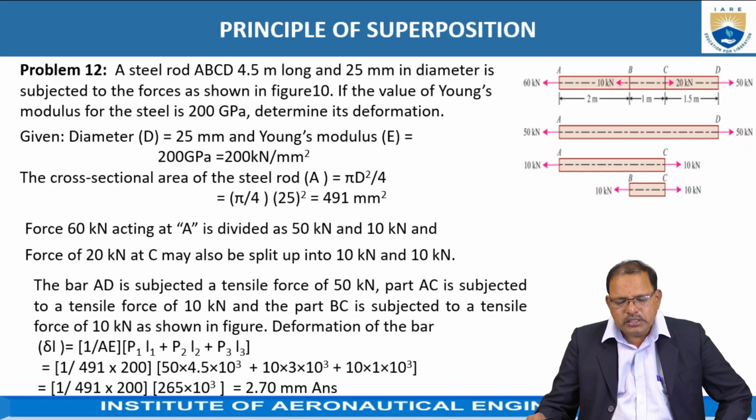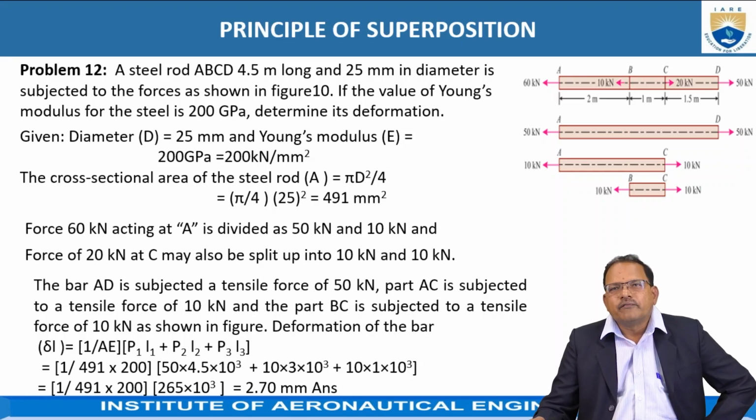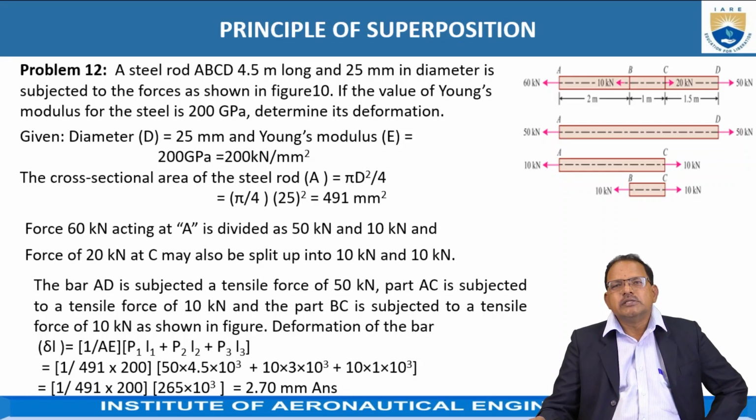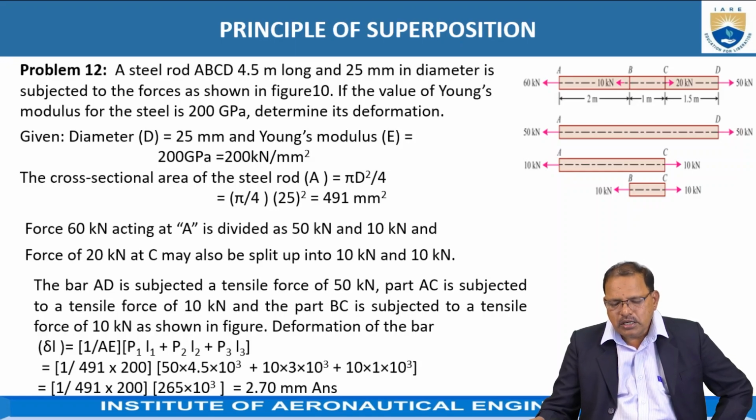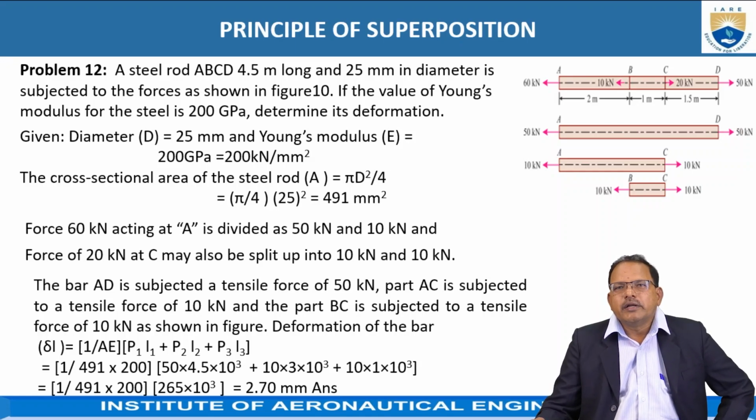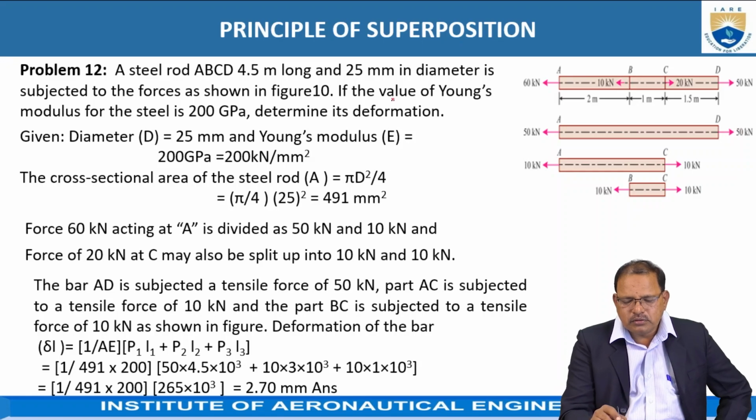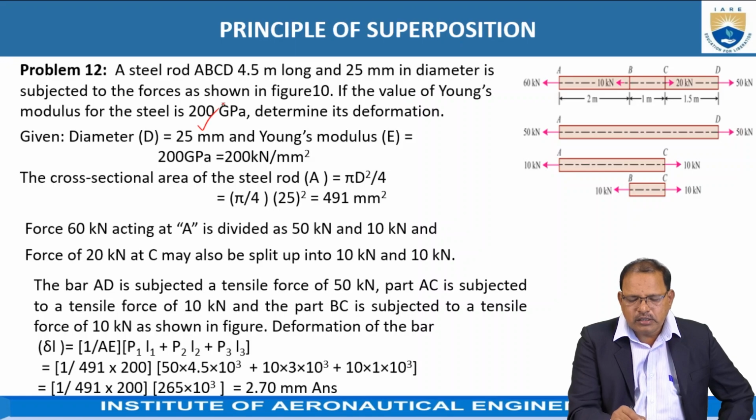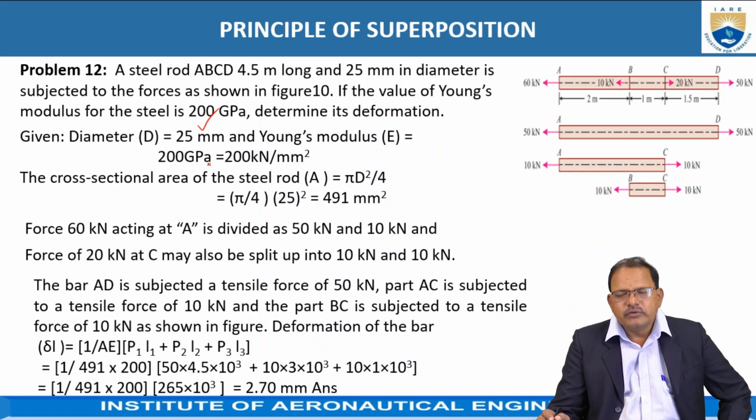Okay, a similar problem is there now again. A steel rod ABCD 4.5 meters long and 25 mm in diameter is subjected to the three forces as shown in the figure now. The value of Young's modulus for the steel is 200 gigapascal. Determine its deformation. Okay, diameter is given, it is equal to 25 mm. Young's modulus is equal to 200 gigapascal, which is equal to 200 kilonewton per mm square,